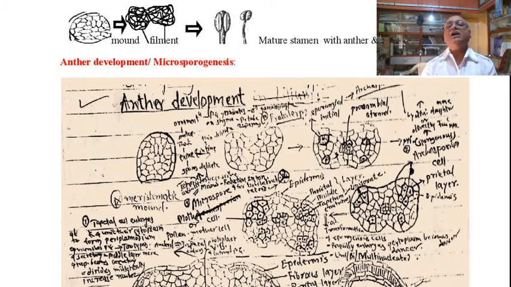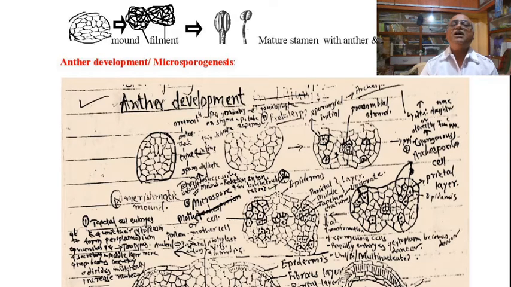That means it is hypodermal in origin, and this hypodermal origin is a particular feature of anther development, which is called the sporangial initial cells. The sporangial initial cells just below the epidermis have been completely differentiated from all the other structures and cells. Why? Because it is larger as compared to the next.